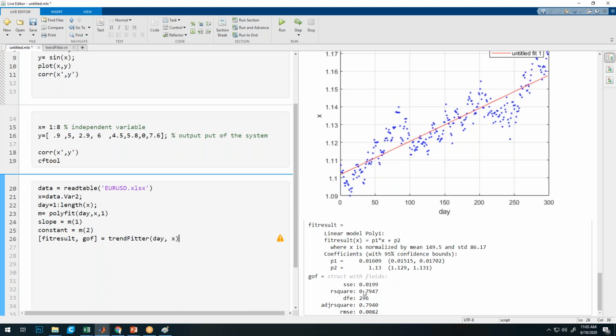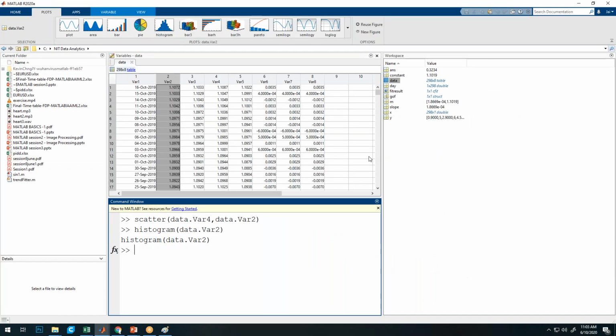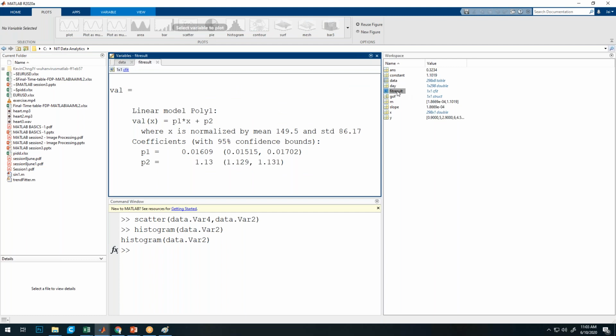And here in the fit result, we have the entire equation of the model with P1 and P2 coefficients. So if you want to extract the information of P1 and P2, then we will look into the workspace, especially what data kind it is arranged. So if we double click on the fit result, then we can see that it is a kind of symbolic data type. It is not a kind of a matrix. So let me check this one.